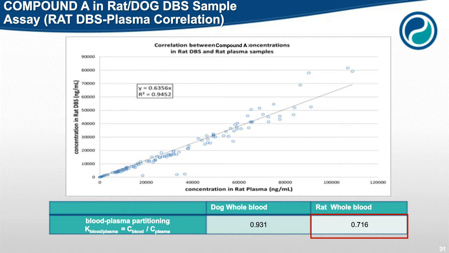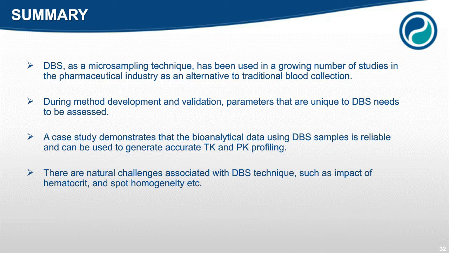So to summarize, DBS is a good alternative to traditional blood collections, and it can be well incorporated with bioanalytical methods and studies as well. During the method development and validation, we want to make sure that those parameters that are unique to DBS should be assessed, and this is mandatory